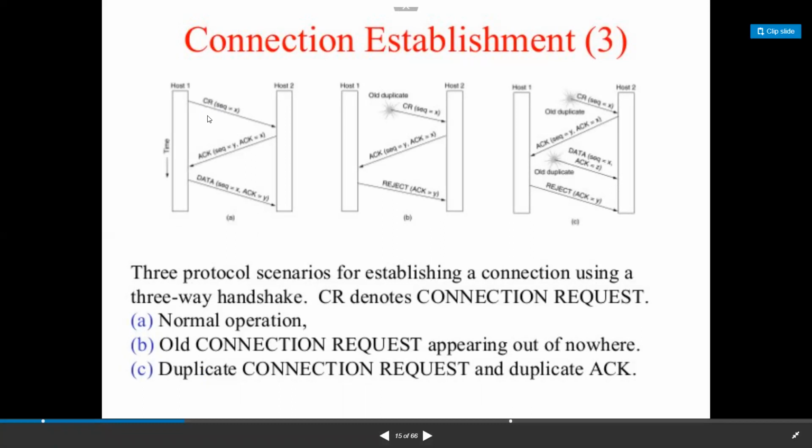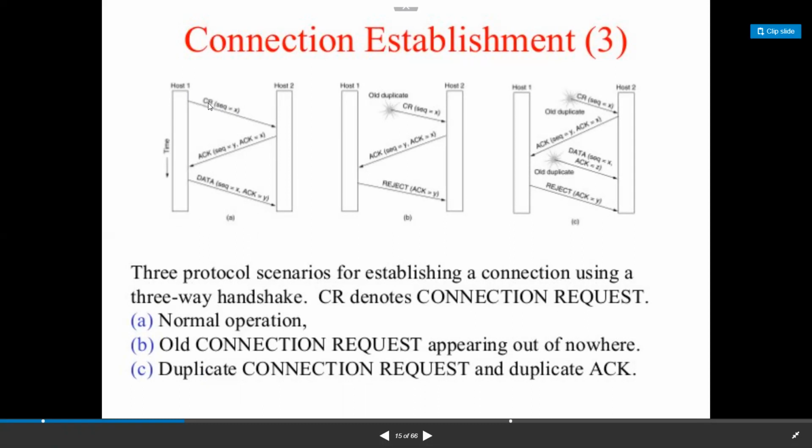This is very important. This is host 1 and host 2. Host 1 sends a CR, a connection request, with this sequence number X of the packet.